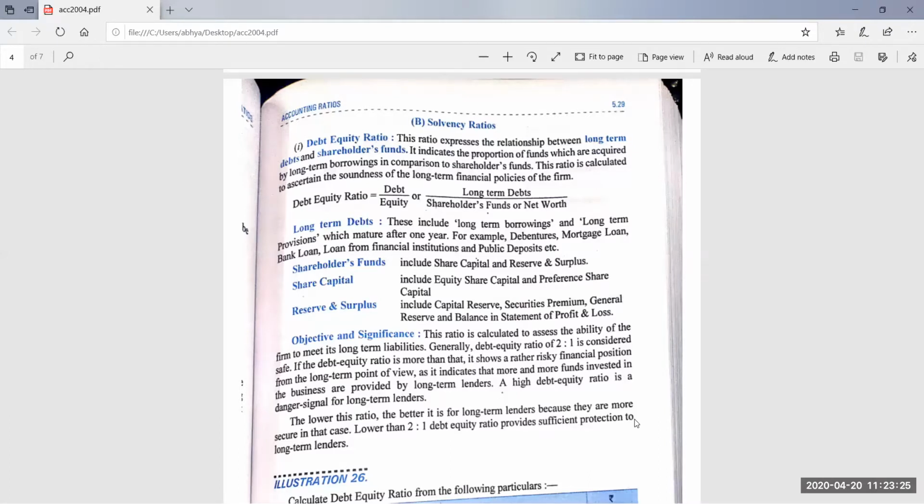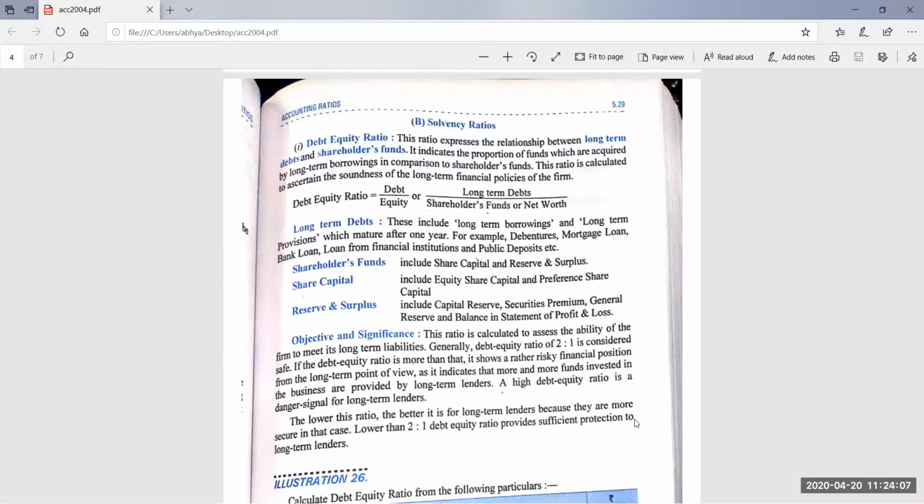And the bankers who have granted loans for a longer period, I told you earlier also, solvency ratios mean long term debts and the shareholder funds, whether the business would be able to pay off its long term debts on time or not. So under this ratio, we will be calculating four ratios. Bifurcate the solvency ratios in four parts. Make a web diagram of solvency ratios and divide it in four parts. So four topics we have to do in this category.